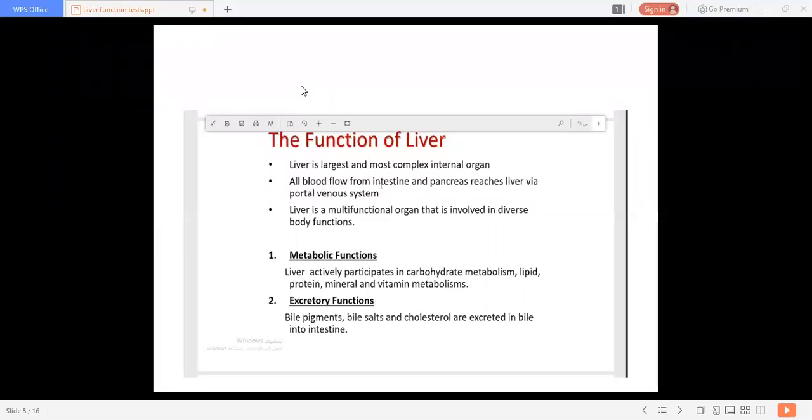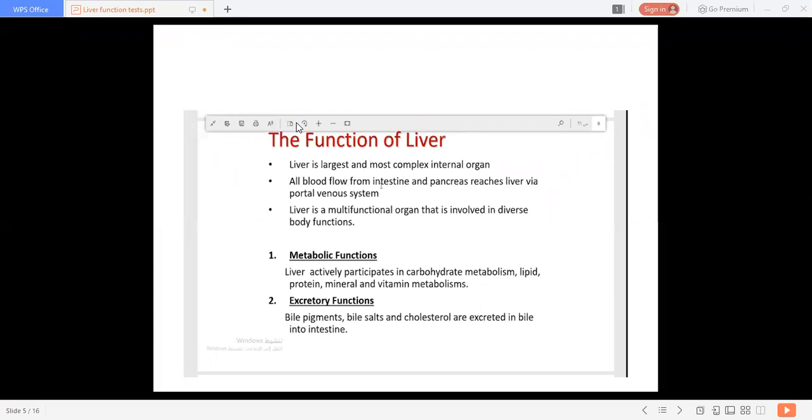Total bilirubin is the form of bilirubin which is insoluble in water, so it includes both the conjugated and unconjugated forms. Total bilirubin is the values of both conjugated and unconjugated bilirubin. Then direct bilirubin, which is soluble in water, gives the levels of conjugated bilirubin in the serum sample. And indirect bilirubin is the unconjugated part of the bilirubin and is calculated by the difference of total and direct values.